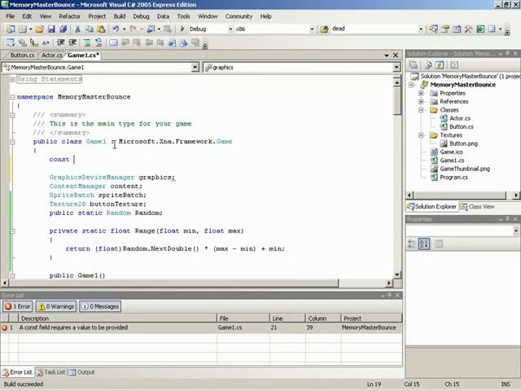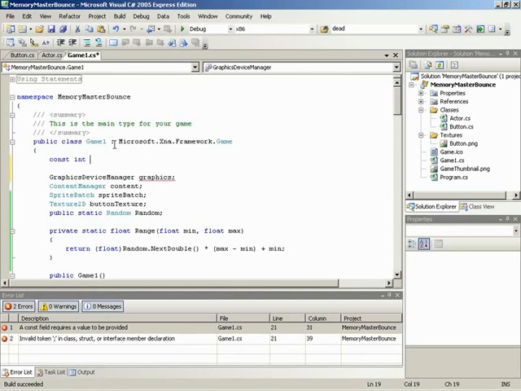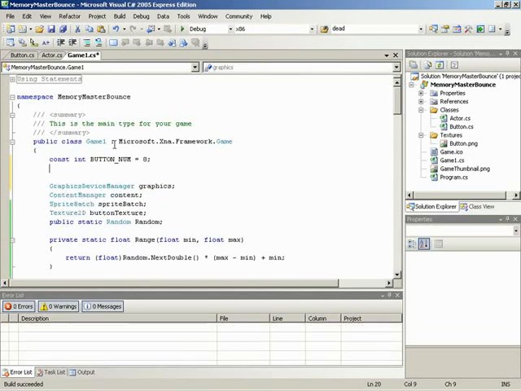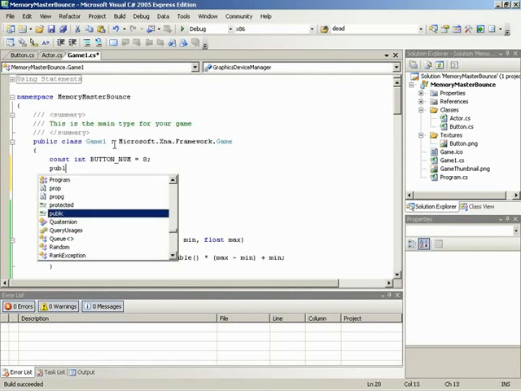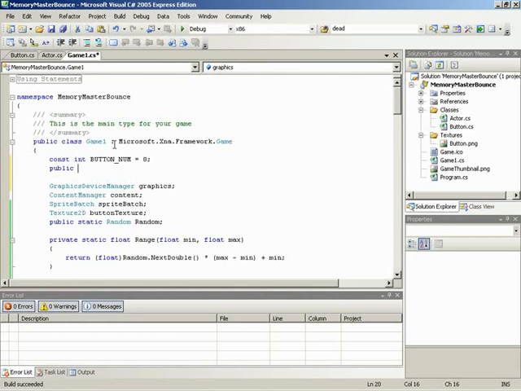So I'll make a constant integer called button num, and we'll set that to 8, and then we'll use that to drive the loop. Okay. Now I also want to have, let's say, a setting for the button's radius, because that's going to be useful in the button class when it goes to do collisions. And that means I'm also going to make it public,